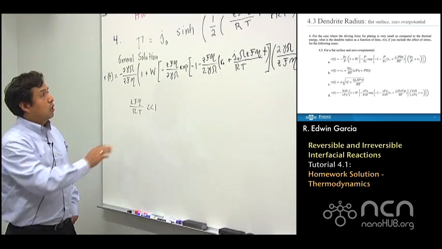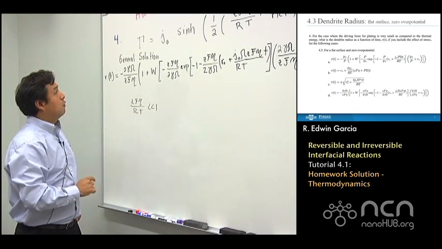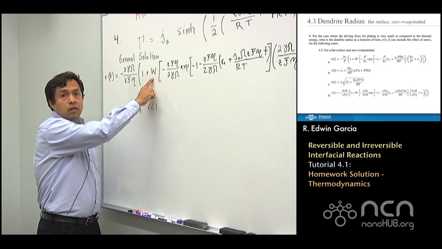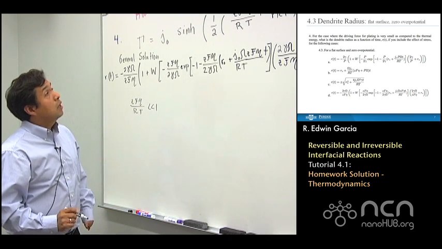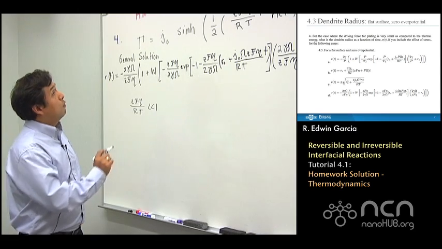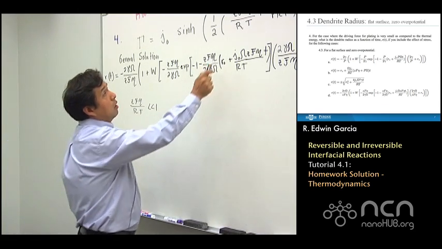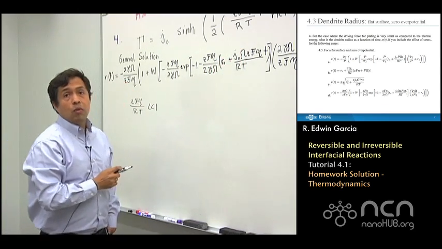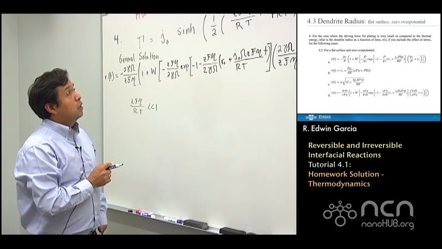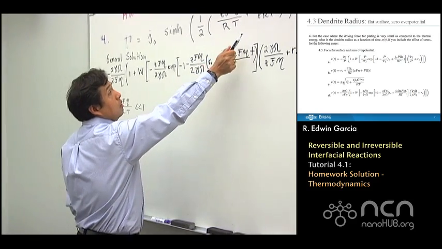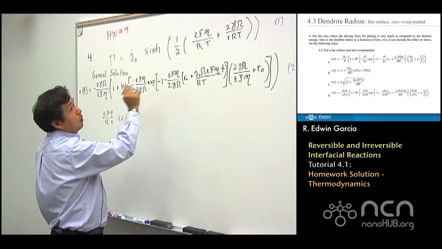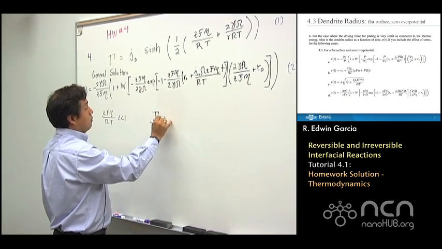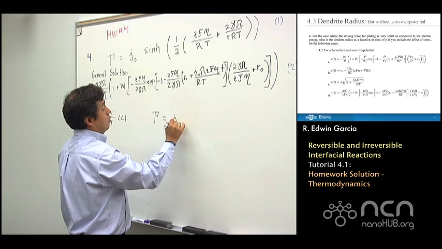You can see the general solution has a very complicated form, where W is the Lambert W function as we discussed in class. As compared to before, where the surface tension was the one controlling the system, in this case we don't have the radius or the overpotential, and this relationship, equation 1, reduces to